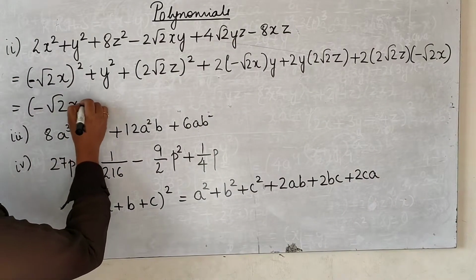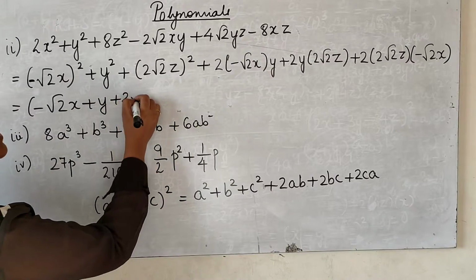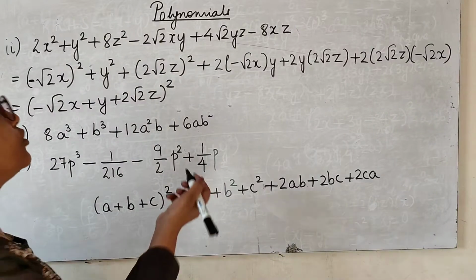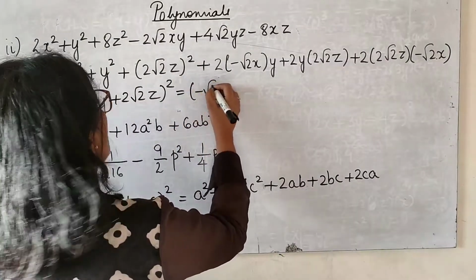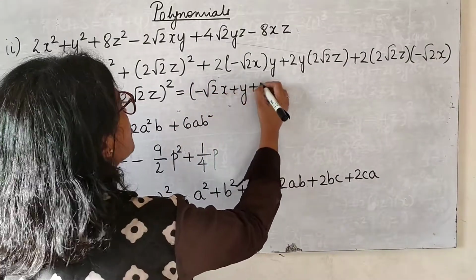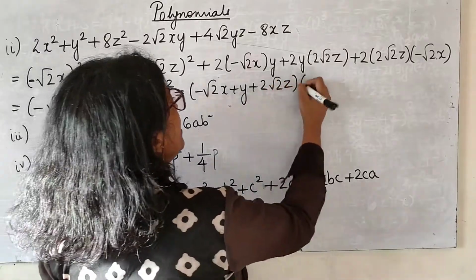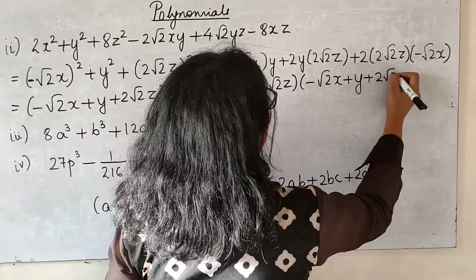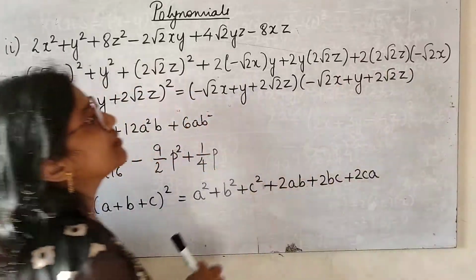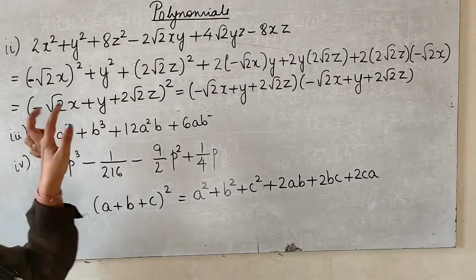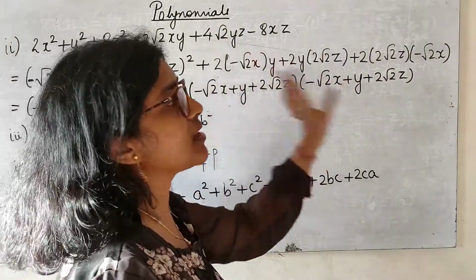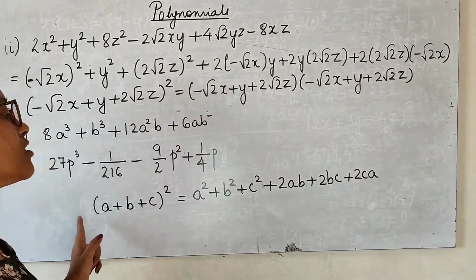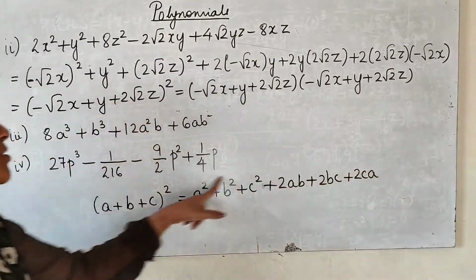a plus b plus c the whole square, and you have factorized it. You can write it in this form because it is a whole square. Let us write it in this form. Repeated factor it is, that's why. Like a square can be written as a into a, in the same way I have written this, and again the same one. This is the factorized form of this one. Whenever you have 6 terms, the first thing that should strike you is this formula.